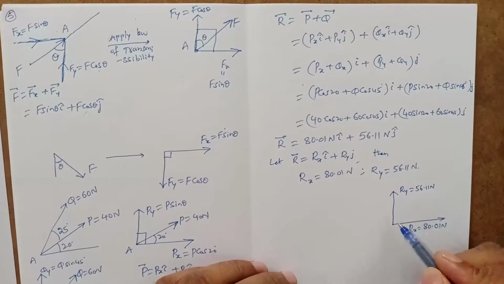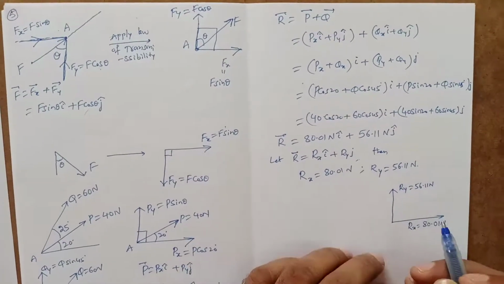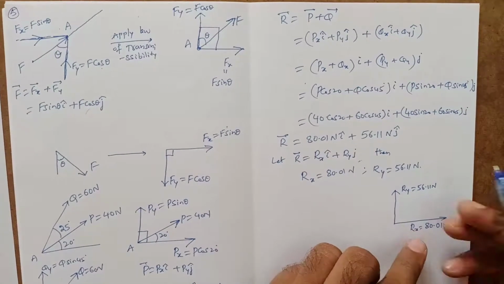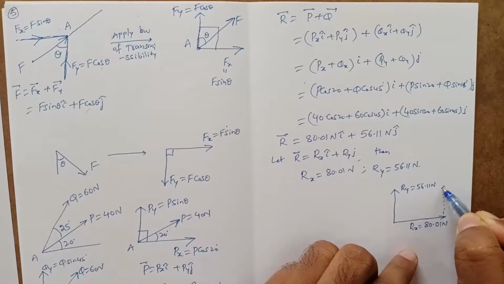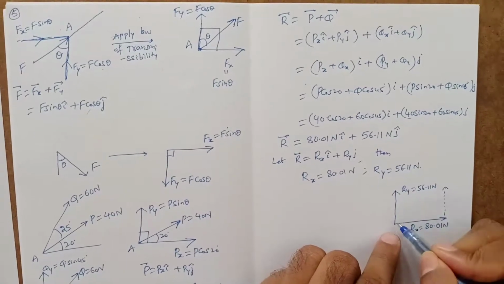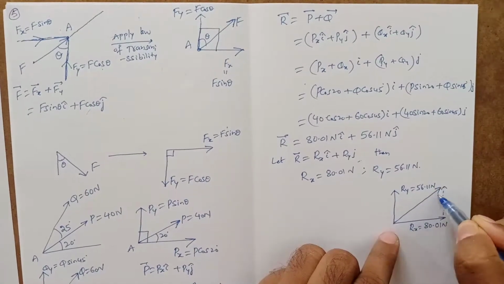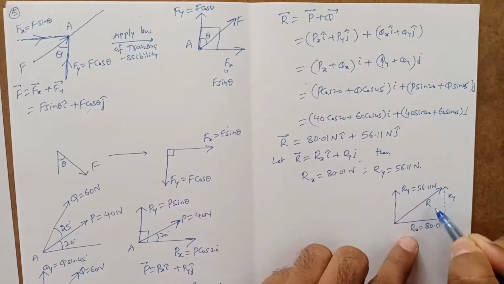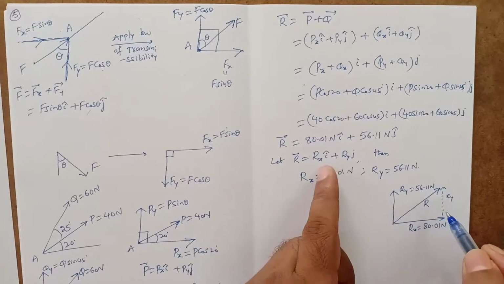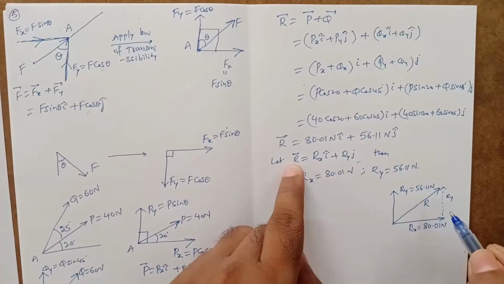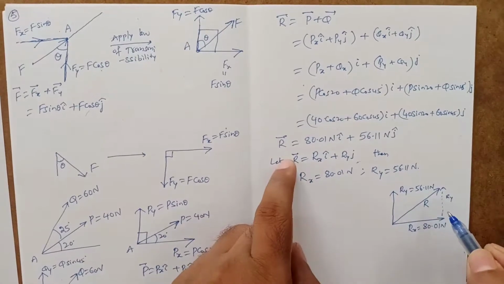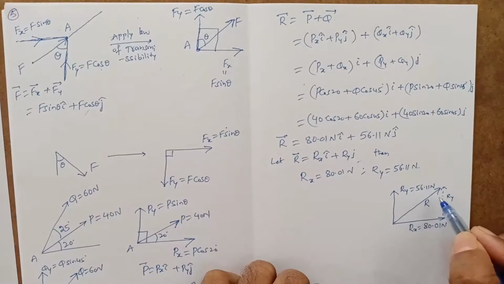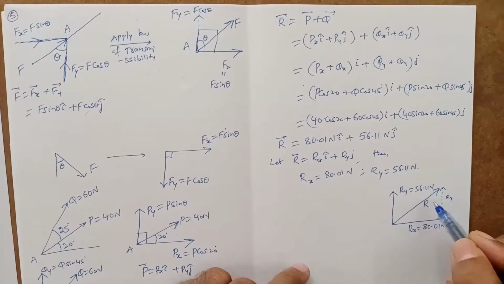So then R must be like this, because in order to complete this using the triangle law, you can shift this R to here, then completing the triangle using the triangle law, this must be the resultant. This is Rx and this is Ry. So this is our resultant of both Rx and Ry. Here Rx and Ry are the components of this resultant force R. R is the resultant of these two forces Rx and Ry. So this represents our resultant force.